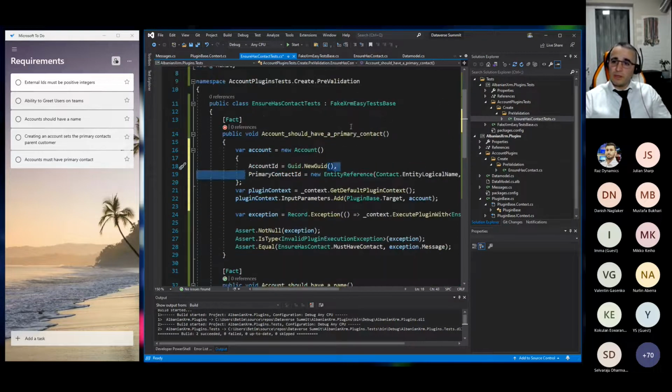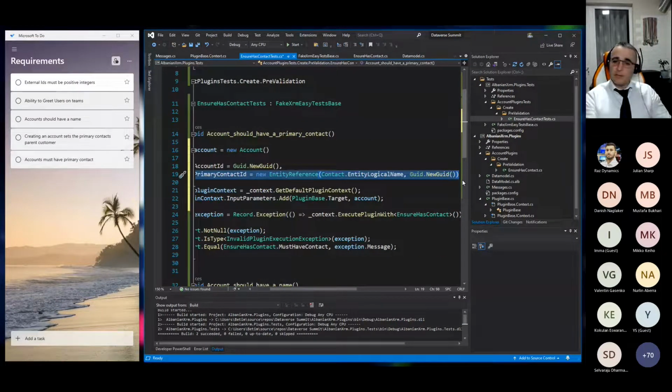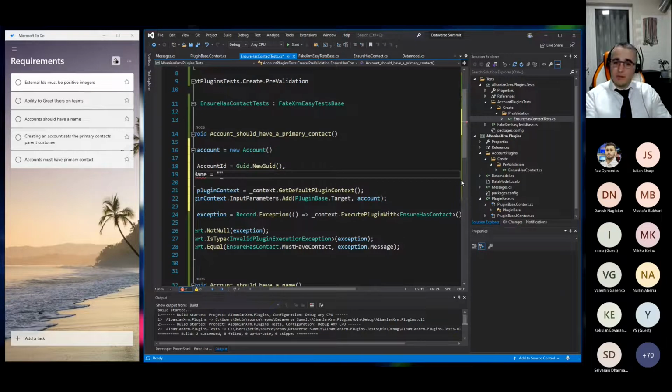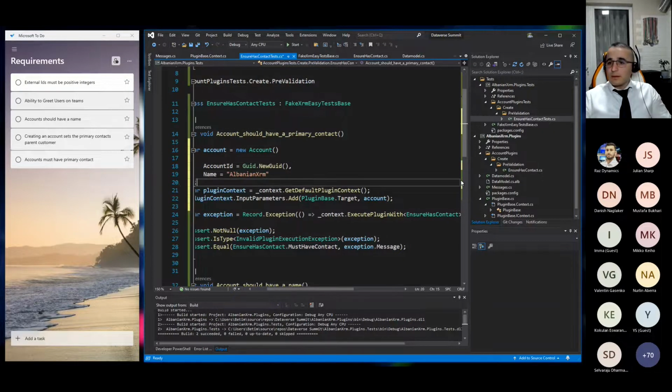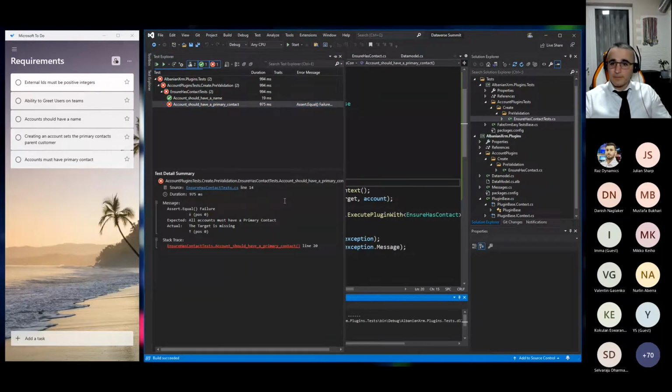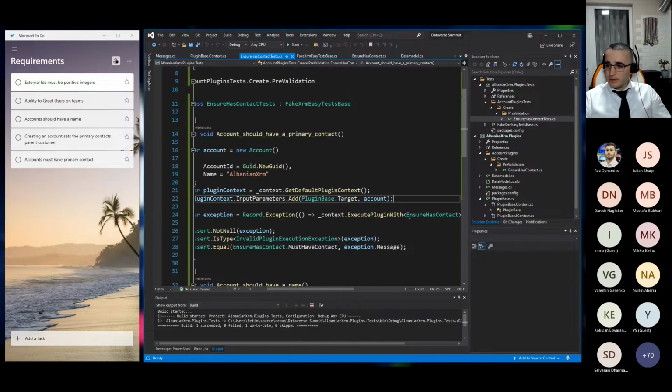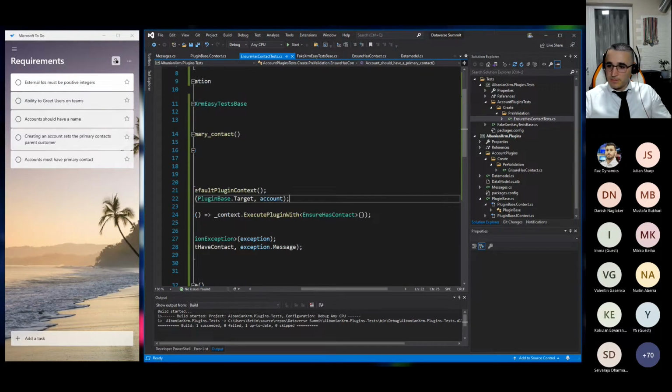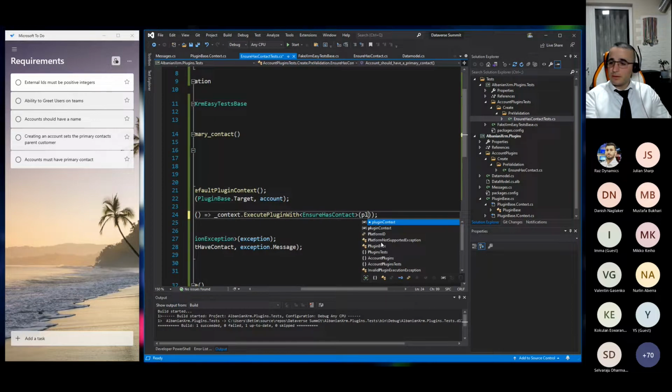And here we want to test that it should have a primary contact, so we can fill the name property, and if we run the tests again,